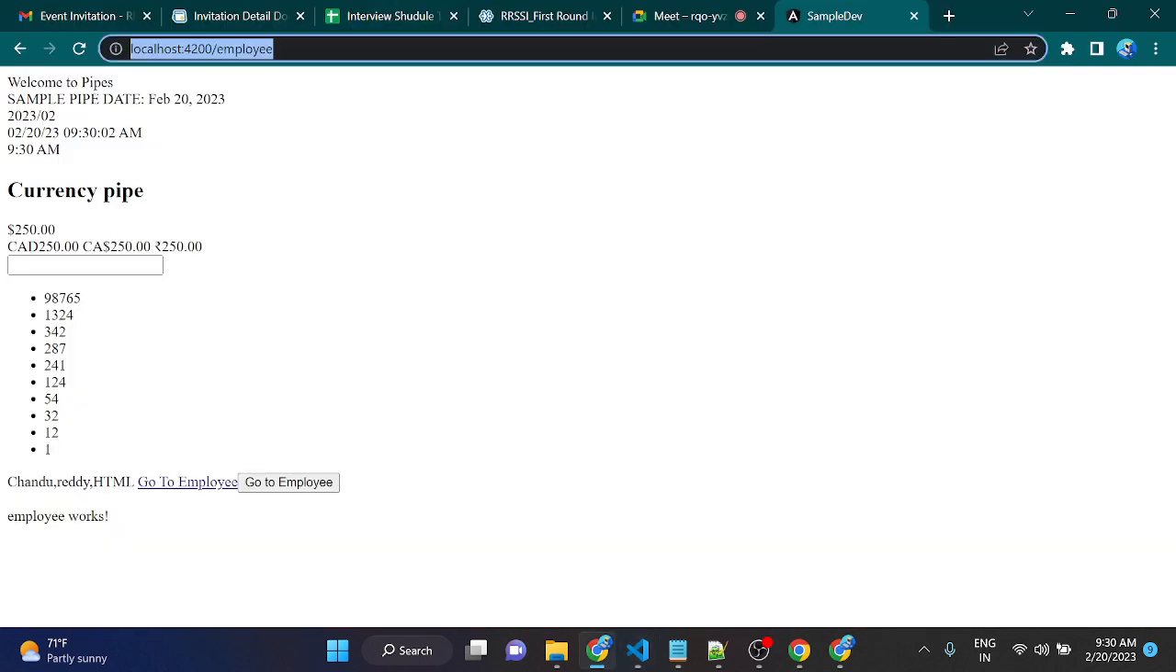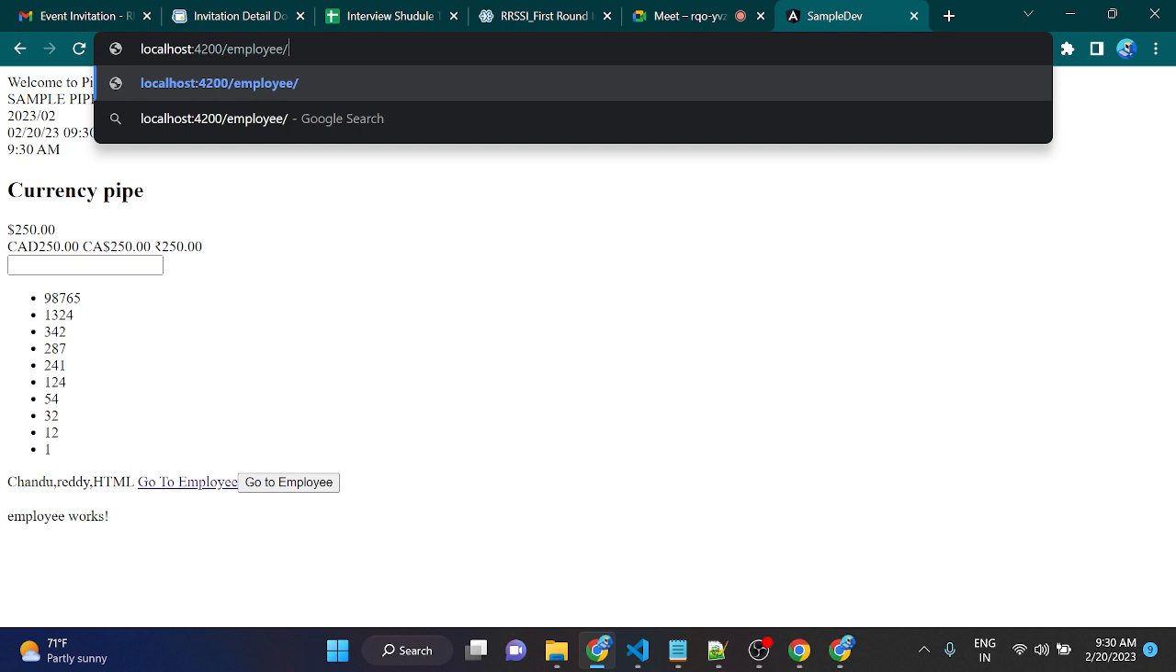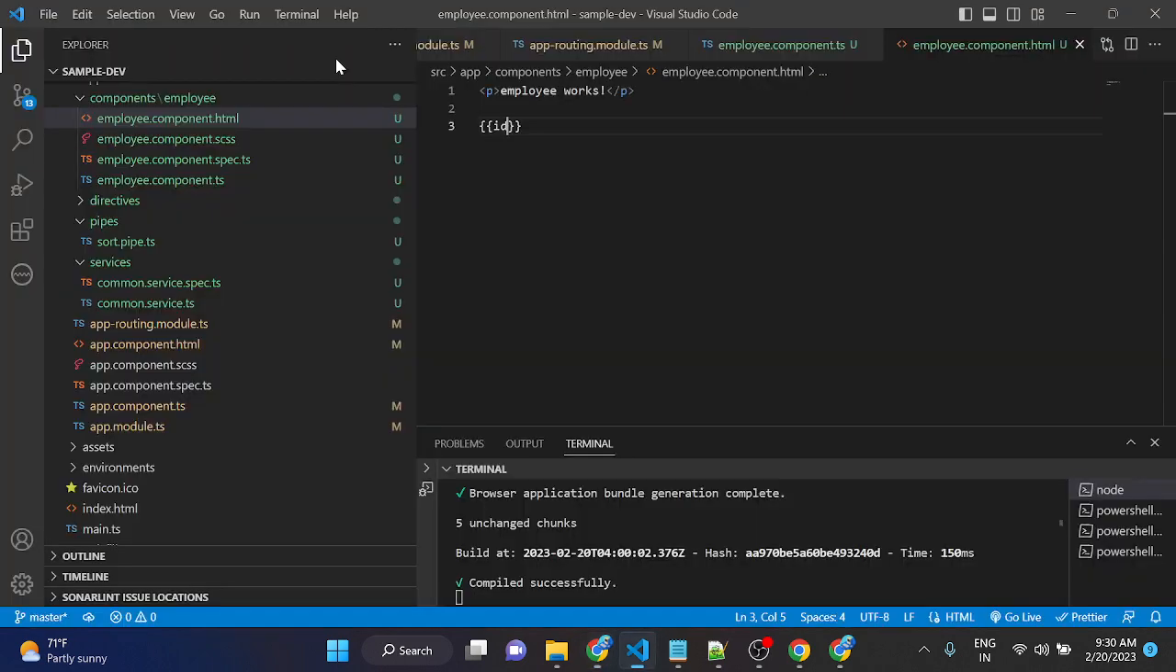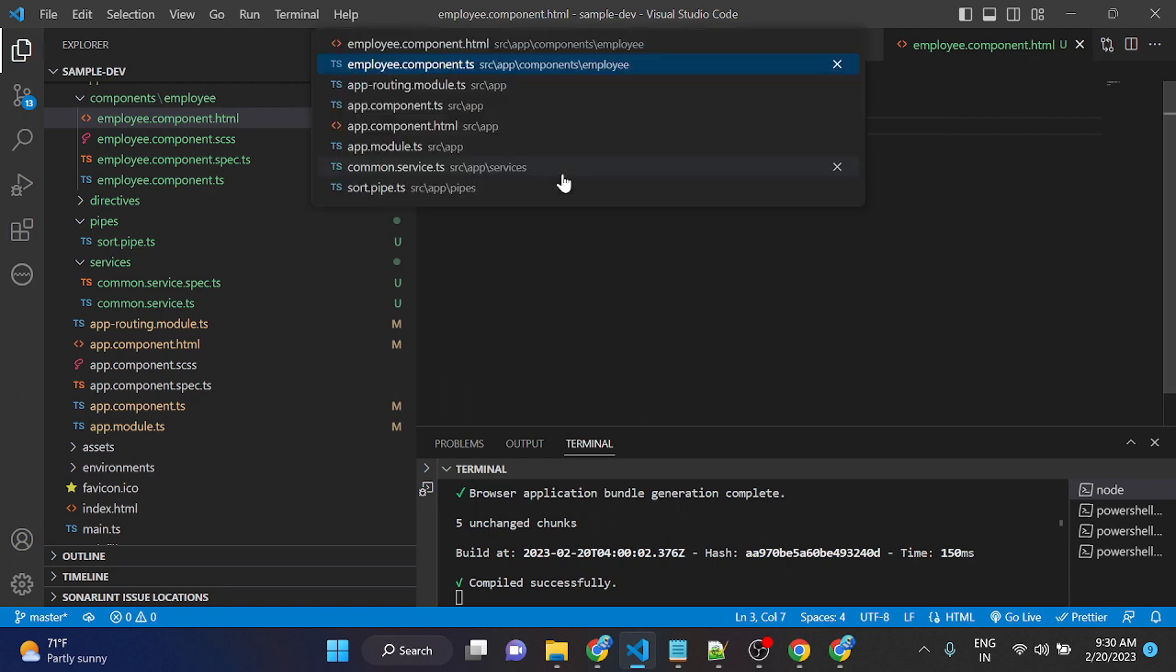Let me put it directly on the router URL, Chandu Reddy, whichever you want. If you see here, after employee it came as Chandu Reddy. It means I have passed the ID in the router itself. But suppose you want to do it while navigating,